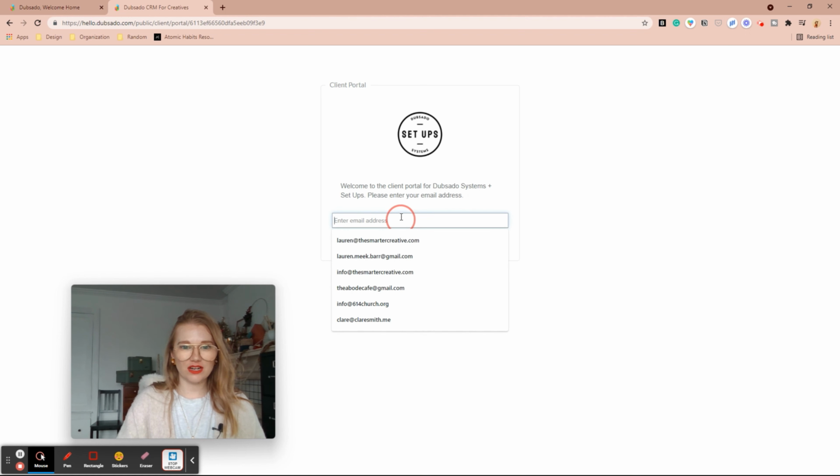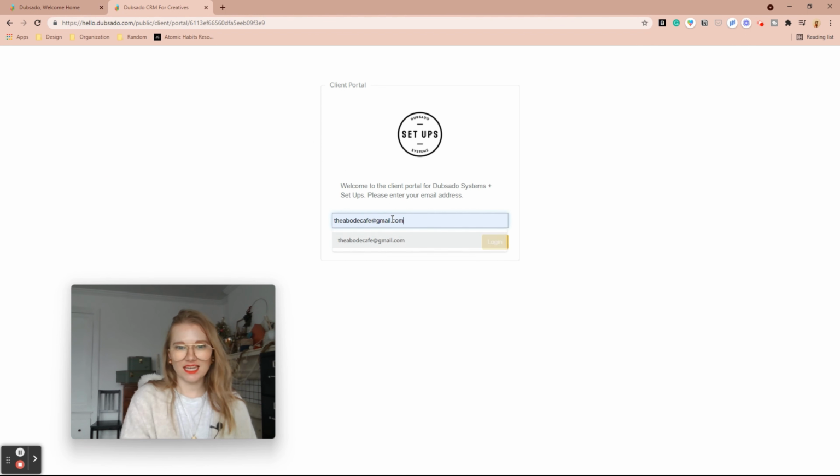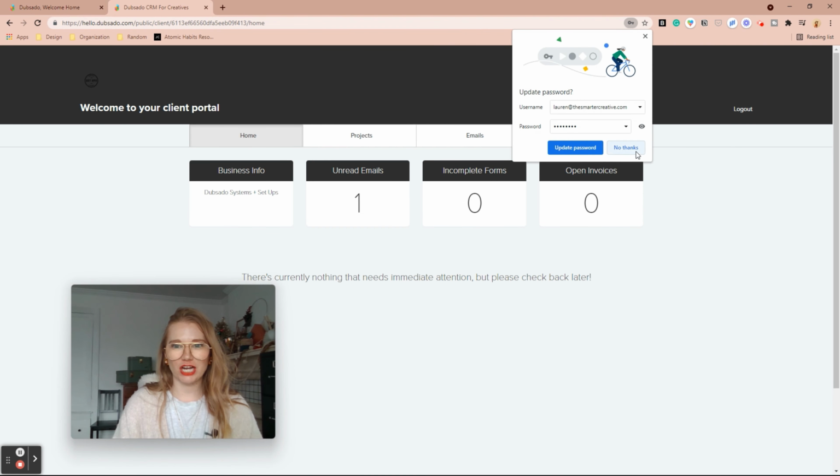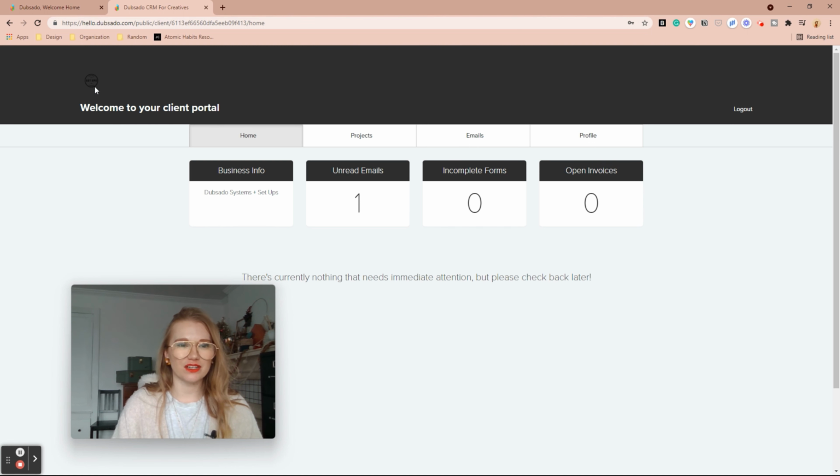So right here is our client portal login that we can share with people. I'm going to go ahead and put in my test account and show you what it looks like once they're signed in. So here we have the logo that I have as my base sample logo. I have the black bar pulled on for my coloring. This wording is from there, and that is what it looks like. So if we go back,